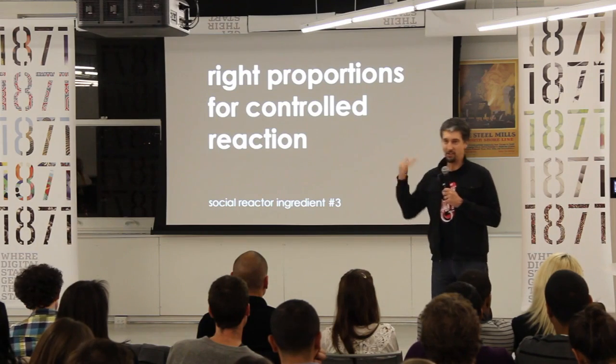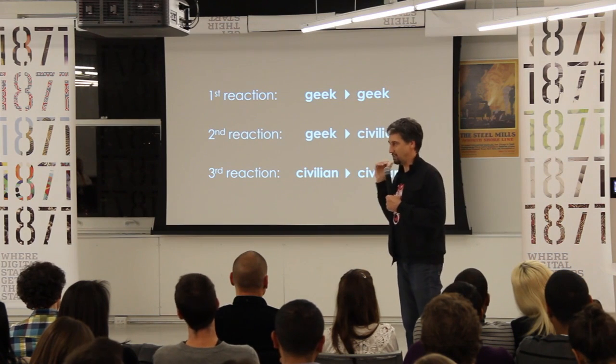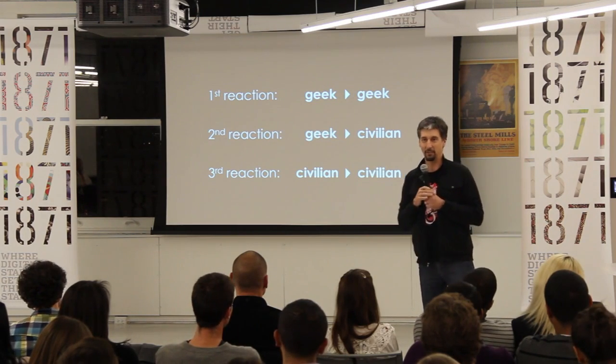A couple more things. You need these ingredients, especially the super geeks, in the right proportions. If you have too few fuel rods and too many control rods, k is less than 1 and it fizzles. So what you need are the right number of geeks getting the geeky energy flowing, contributing their stuff, spilling their passion over onto other people. That spills onto the civilian, and the civilian then transmits it to other civilians. But geek on geek action is what it takes to make this move. I just made that up.